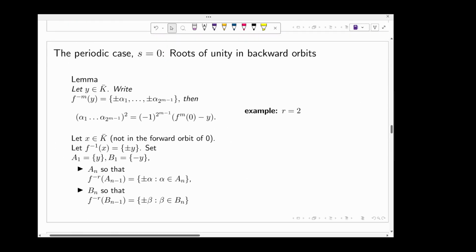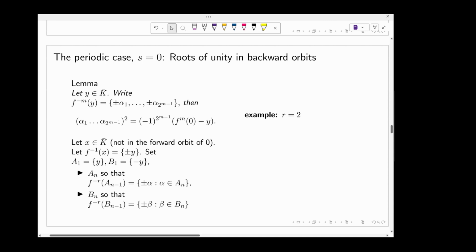Now we look for roots of unity in these backward orbits that we've constructed. There's a lot of notation on this slide. In fact, I have a lot of slides with a bit too much notation because this stuff gets a little complicated, but I want to work through examples and try to bring this down to earth a bit. So first, we have a simple lemma,